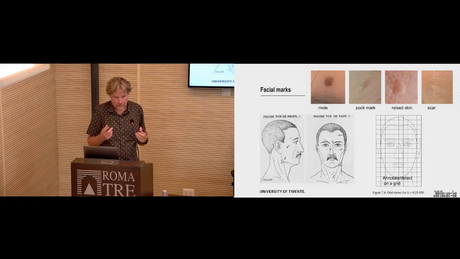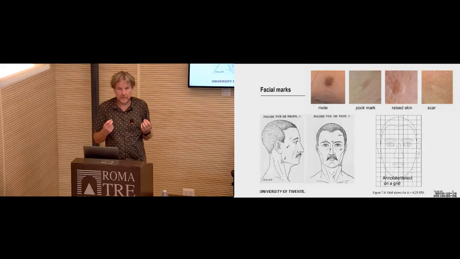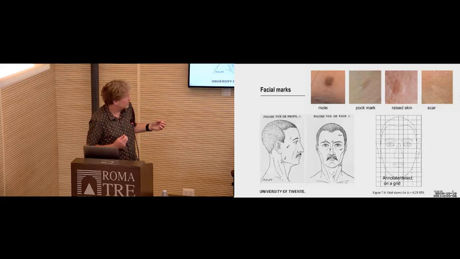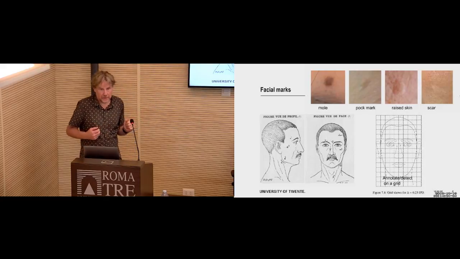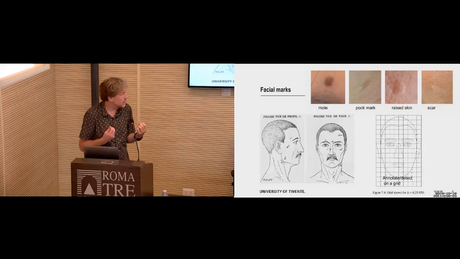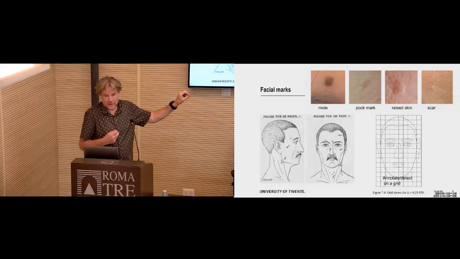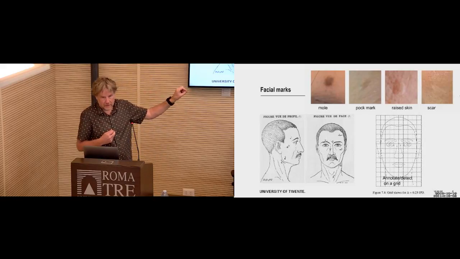And the method that we propose is actually a very simple one. We will start by looking at frontal images for the moment to make the comparison, and we will overlay a grid on the image. Here, we could do two things. Either the forensic examiner could mark the facial marks on the grid,